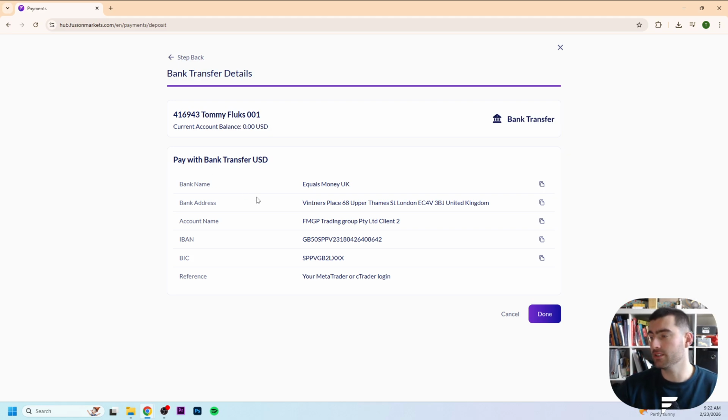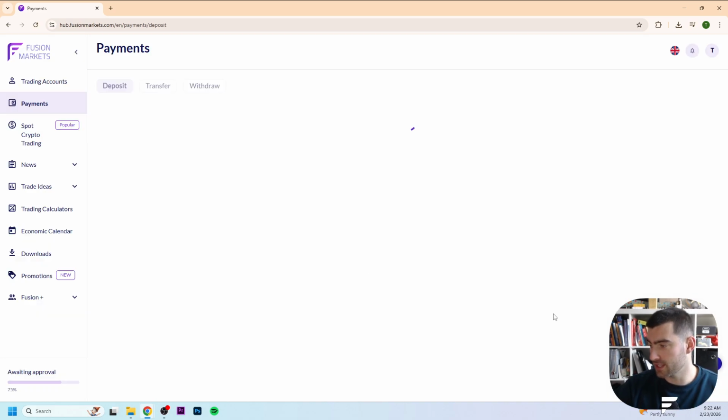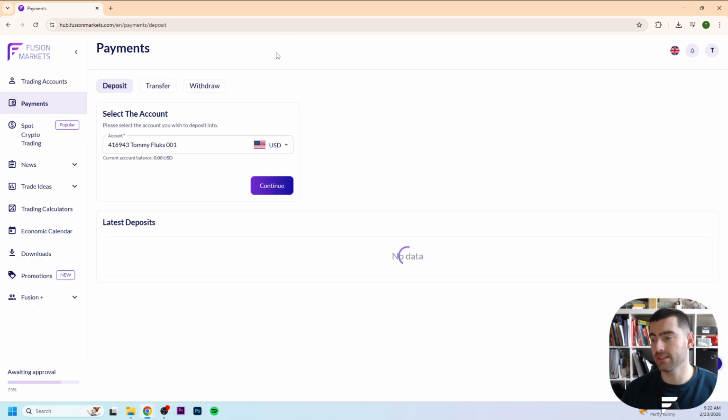Then right now what you need to do is send money to this IBAN with this BIC and this reference, and then after that you just deposit money to your account because they will send it to your trading account. So do this, then after that click on done, and this is the way how you can deposit money to